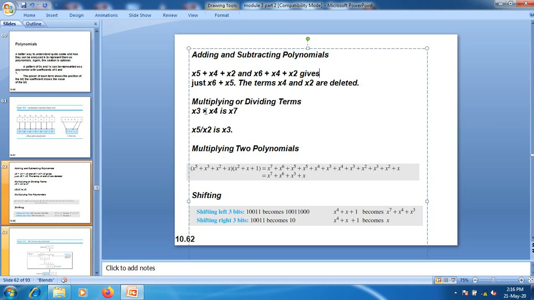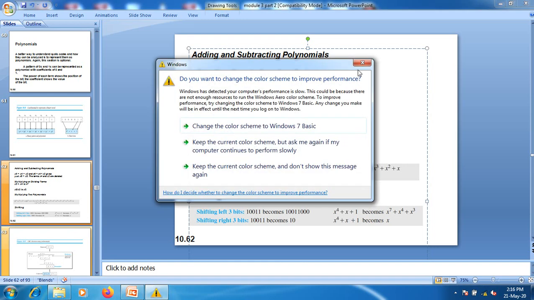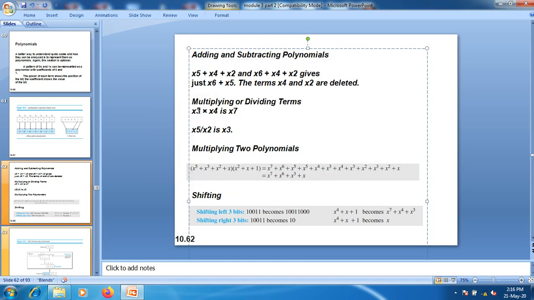How do we perform multiplication and division? For example, x to the power 3 is multiplied with x to the power 4 here. We need to add the powers of this particular term, that is x to the power 3 plus 4, which is x to the power 7 here. In the same manner, for division, x to the power 5 divided by x to the power 2 is equal to x to the power 3. Or if we perform, for example, x divided by x to the power 2, we can say x to the power minus 1. In this particular scenario, we are not using terms with negative powers.